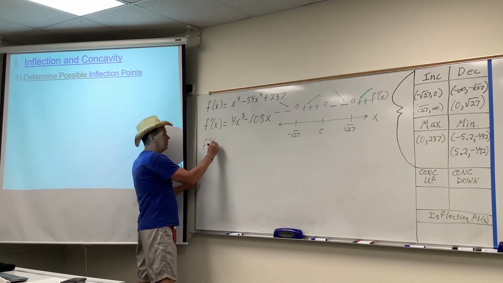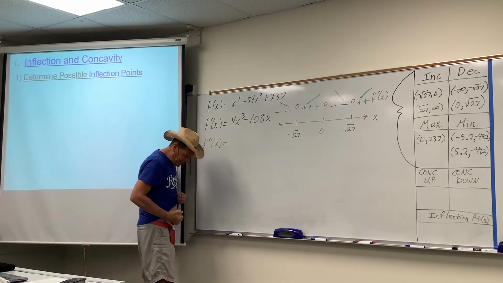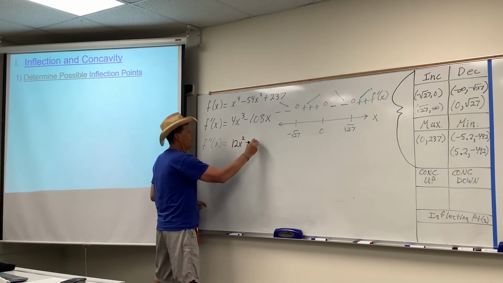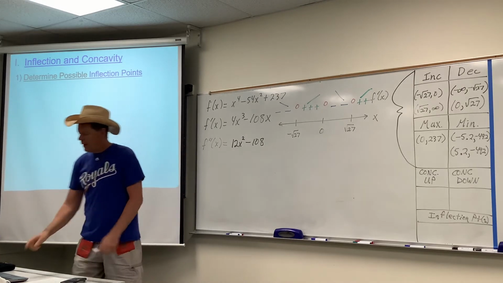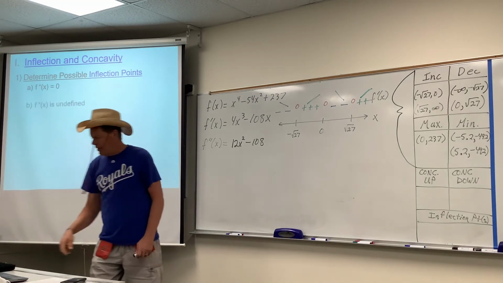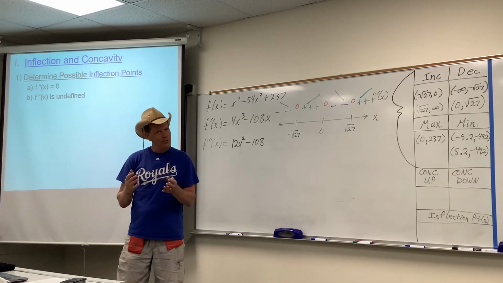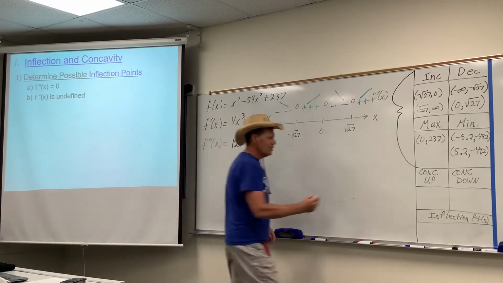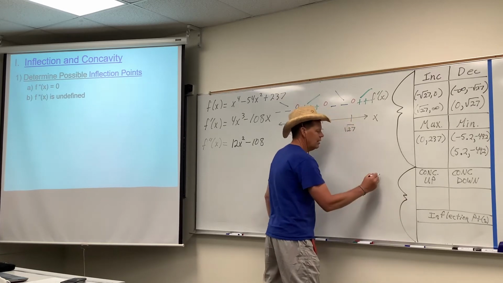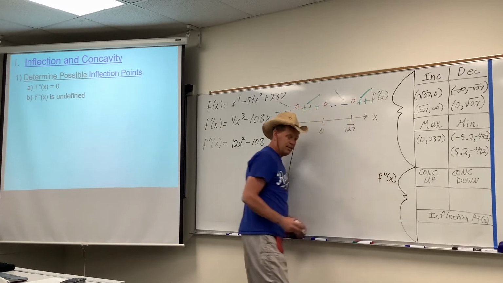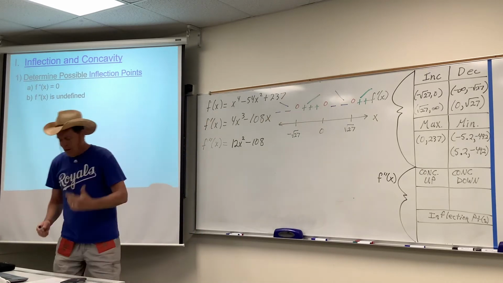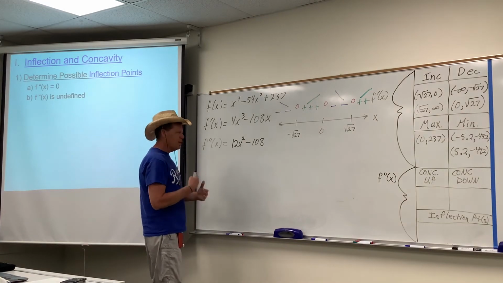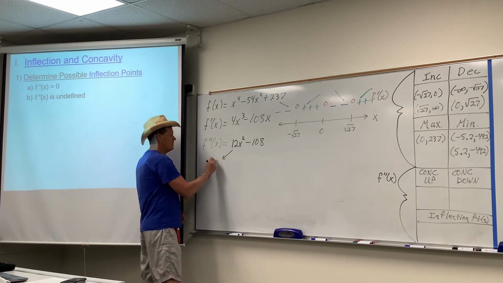Second derivative, the derivative of the first derivative. Do it again, it was so much fun. So this would be what? 12x squared minus 108. And you know what we do with that derivative? We set it equal to 0, and we check for undefined. Sound familiar? I hope so. It's the very same analysis that we perform on the first derivative. All right, so the point is, all of this down here, concavity and inflection, is going to be f double prime of x, the second derivative. And when we're done, we'll try to understand what this is telling us. It doesn't have to do with slopes of tangent lines. It's something else. But anyway, when we set this equal to 0,